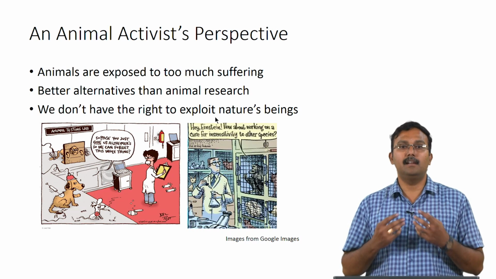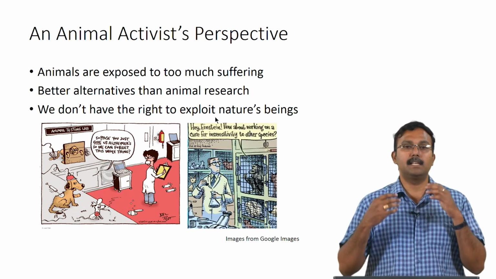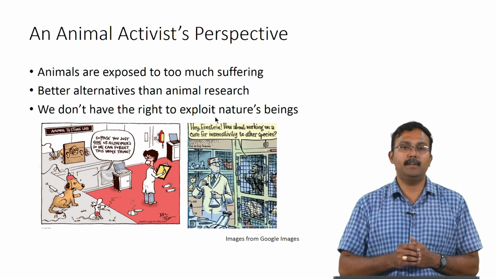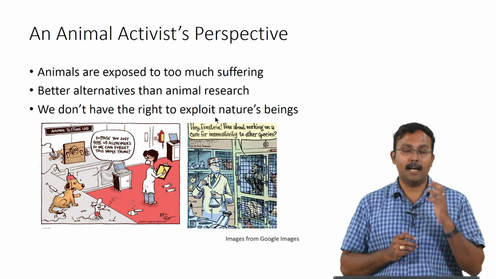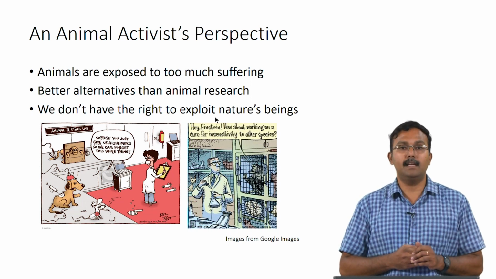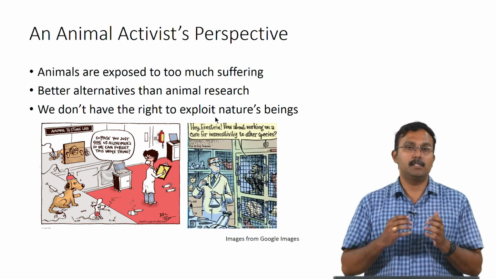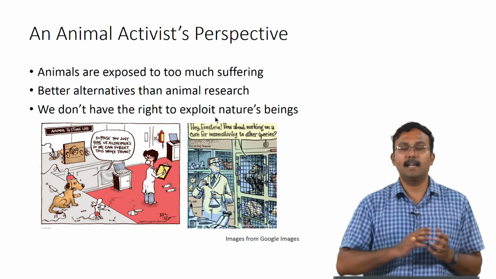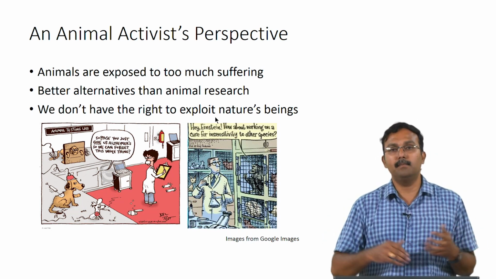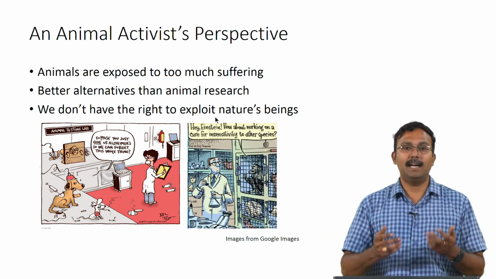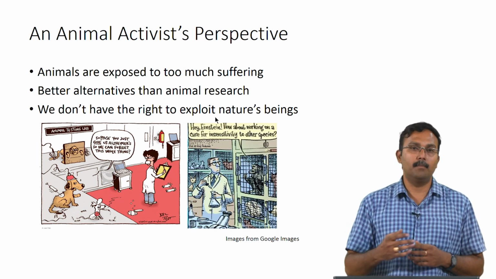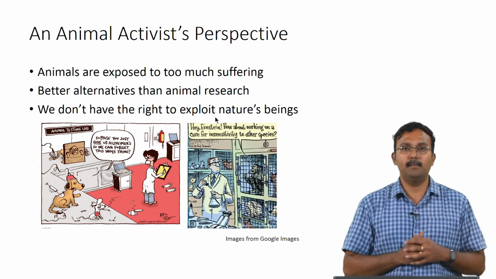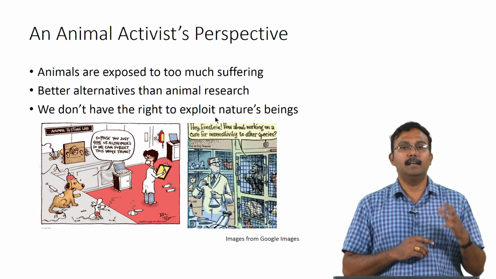The animal rights activists believe that animals are exposed to too much suffering, and there are arguments about better alternatives than animal research, because there have been many studies which have shown that the data cannot be directly extrapolated from animals to humans. So, for that reason people think you are better off not doing animal studies at all, and